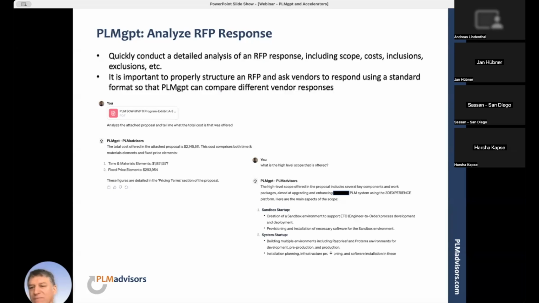Show me what the different fixed price elements are, and the cost of each, etc. And it already tells me that the figures are detailed in the pricing terms section of the proposal. So it's a tremendous way to make the analysis of an RFP very, very quick and efficient,